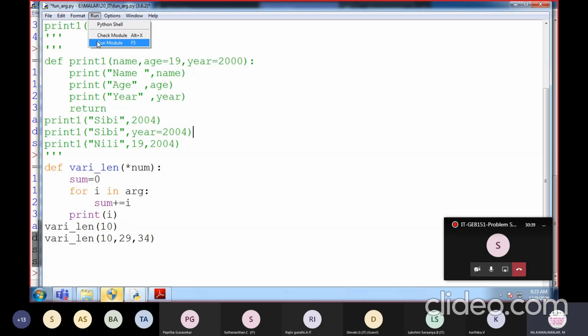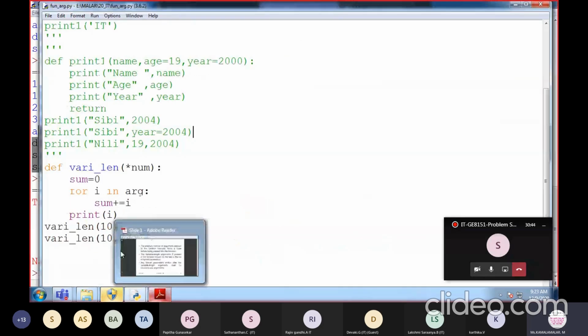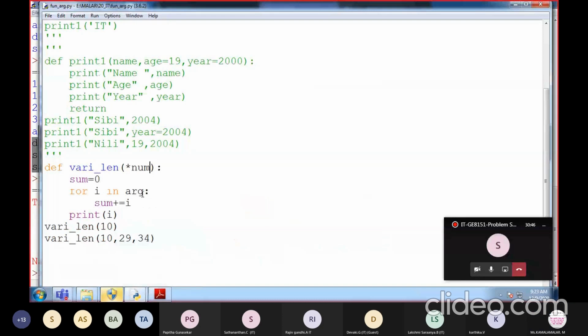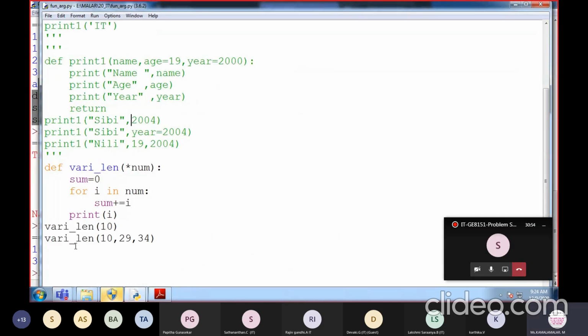So see the output, one of the applications of this variable length argument. Okay. So if I want to calculate the sum of some series, according to how I pass it, I want the output. So here, look, I am passing one argument. Here I am passing three arguments. Okay, so for me